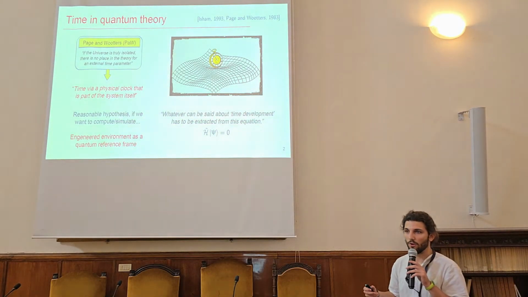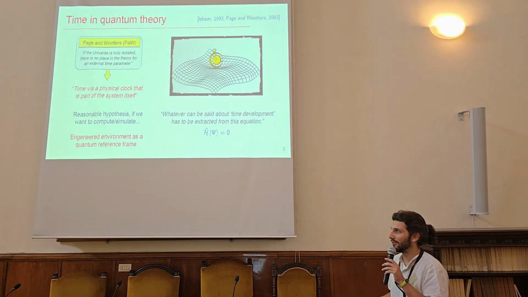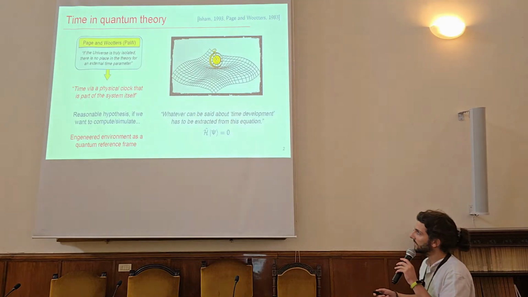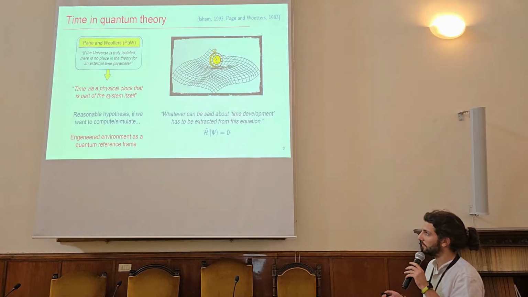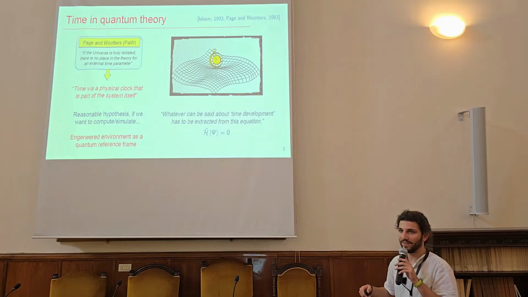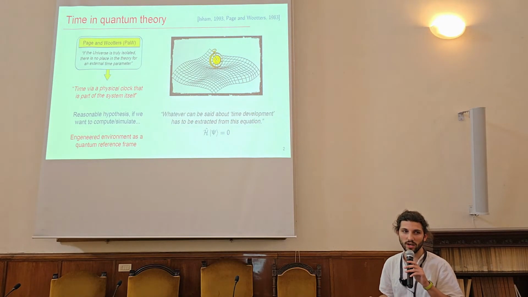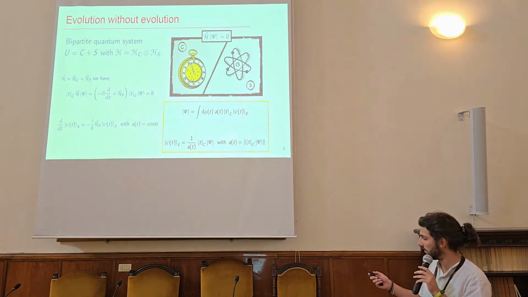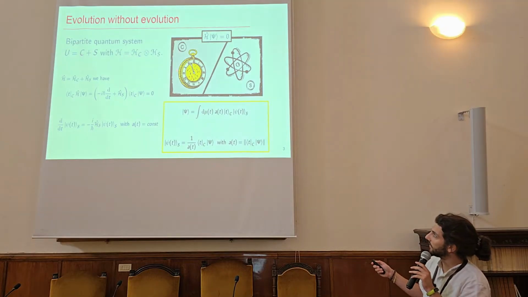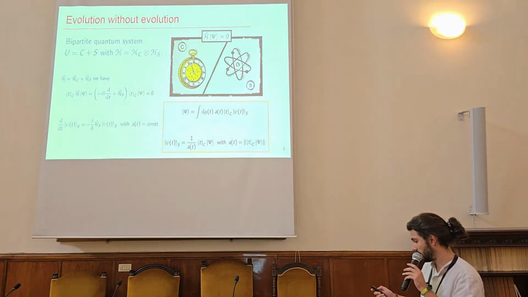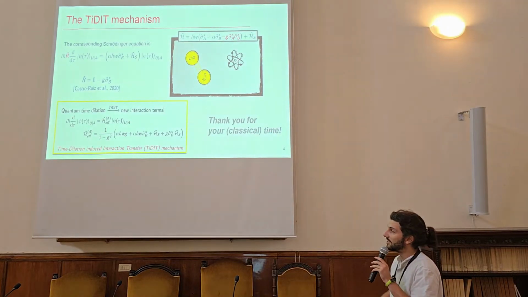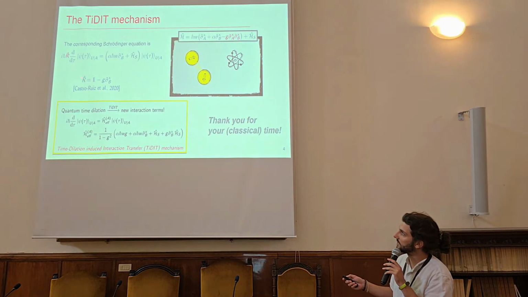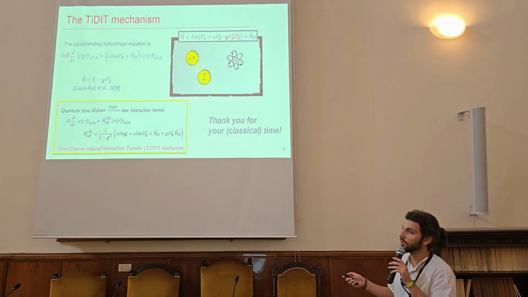So starting from this operational description, assuming for economy that the system can be approximated via a finite-dimensional isolated system, we ask what can we extract from such a description in which the environment of a subsystem of the universe is engineered in a way that it describes a quantum reference frame. Here we focus on time, and basically the Page and Wootters description allows to recover from quantum correlations between the environment and the system the Schrödinger picture. And in particular, I will not go into details, but basically, this description in the finite dimensional regime allows to recover some phenomenology which in the context of gravitating quantum systems allows for a correction of the Schrödinger equation that we call the time-dilated Schrödinger equation,